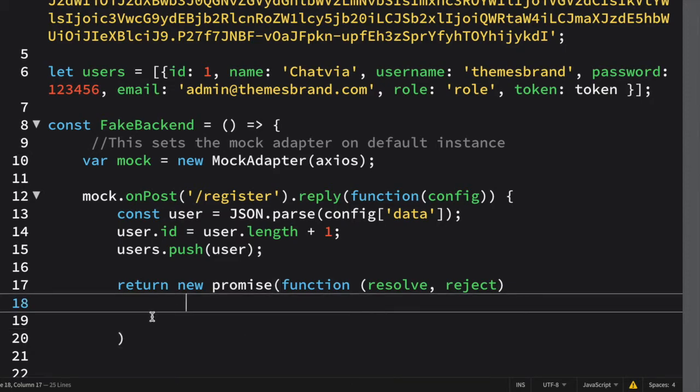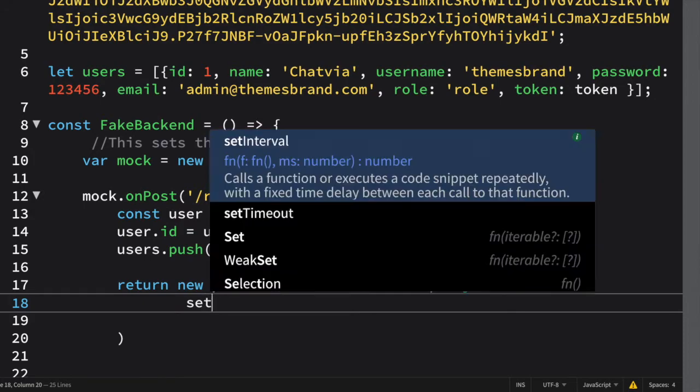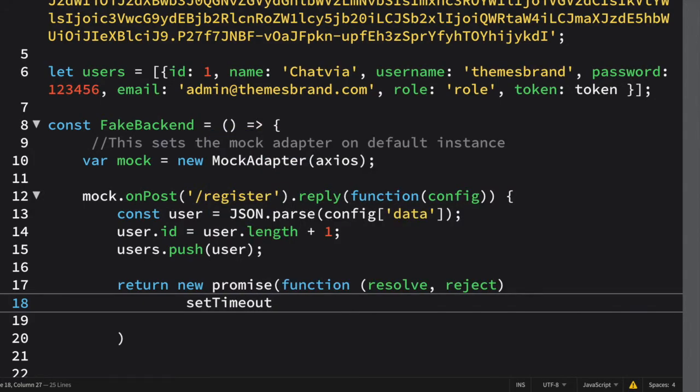So here I am basically using the function setTimeout, so that if I clicked on the login button and it is taking too much time, then either it will be discarded as an error, or it will be accepted, and the user will be logged in to our application. So for that purpose you have to set some timeout function.